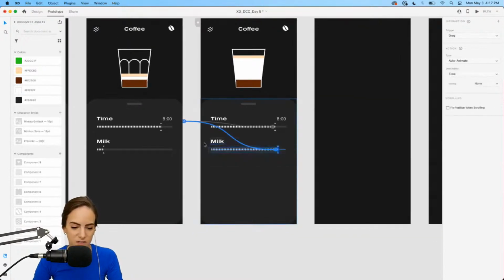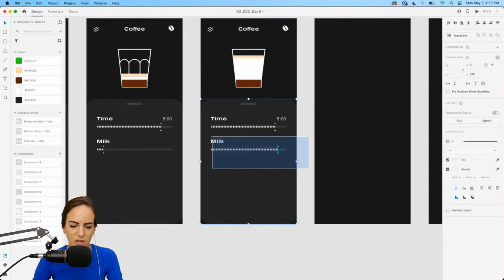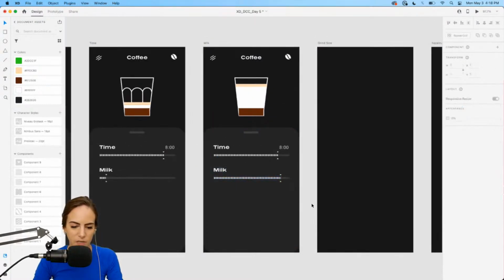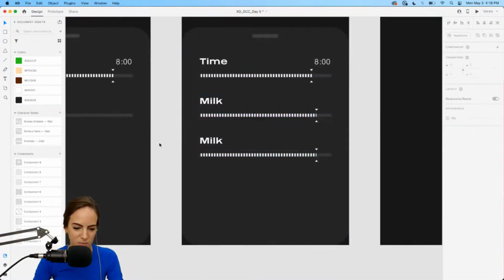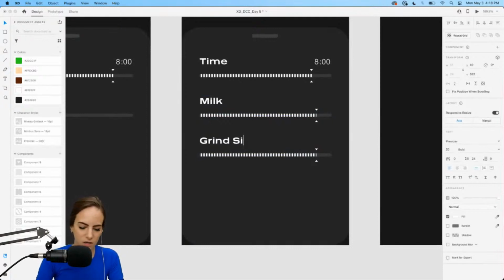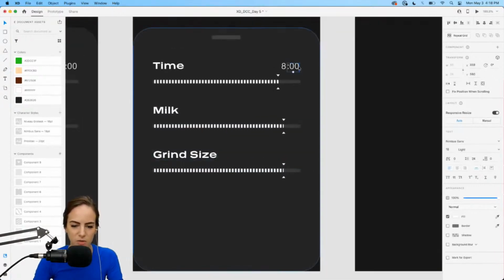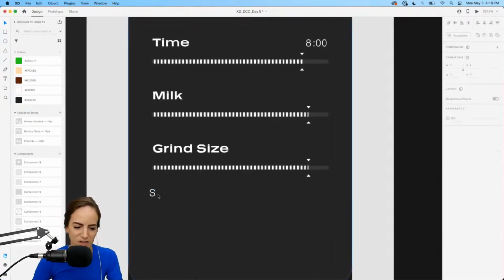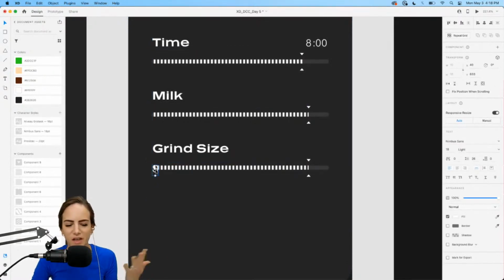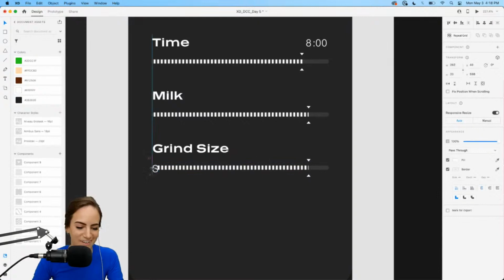Okay, so let's add maybe, what else? Grind size. So let's hop back into the design tab. We can again just copy this layer, copy and paste. And we can drag this down just a bit. And we'll say grind size. And if you haven't made coffee with the grind before, the beans can be ground down to super fine, like a powder, or ground to kind of rough. I don't remember exactly what that means, like one is more potent. I don't remember exactly which one it was, but